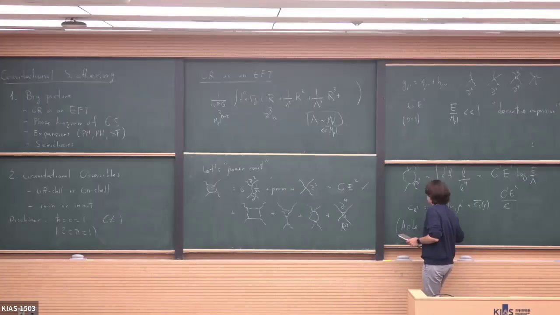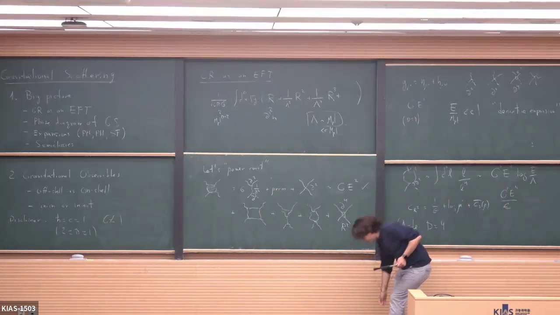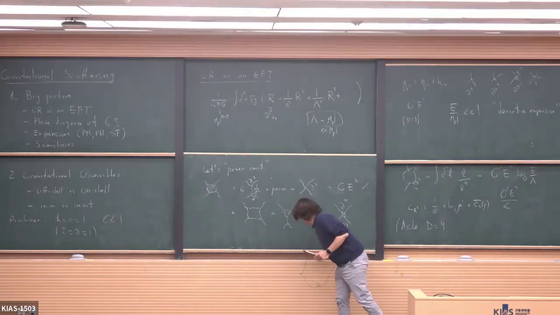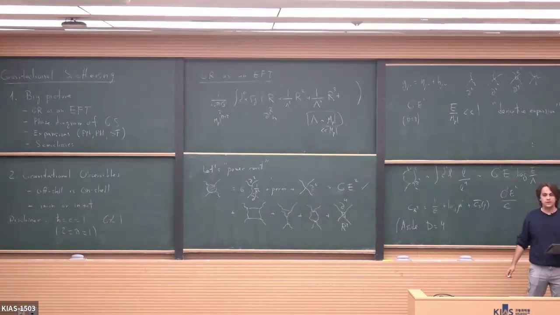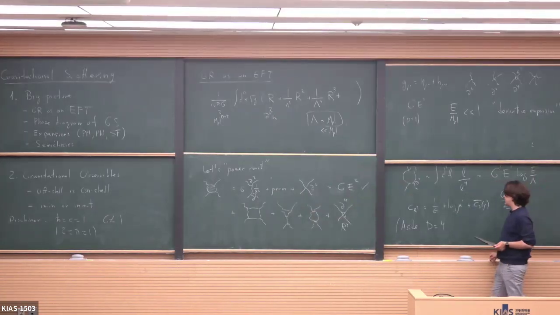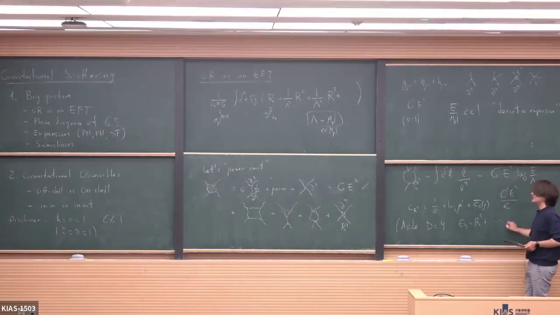In D equals 4, there's an accident, which is that R squared operator, I told you I can always choose that to be the Gauss-Bonnet operator. And in D equals 4, this Gauss-Bonnet operator, which people sometimes call E4, which is basically Riemann squared plus et cetera, this is a total derivative. Okay? So this is the derivative of some Chern-Simons form